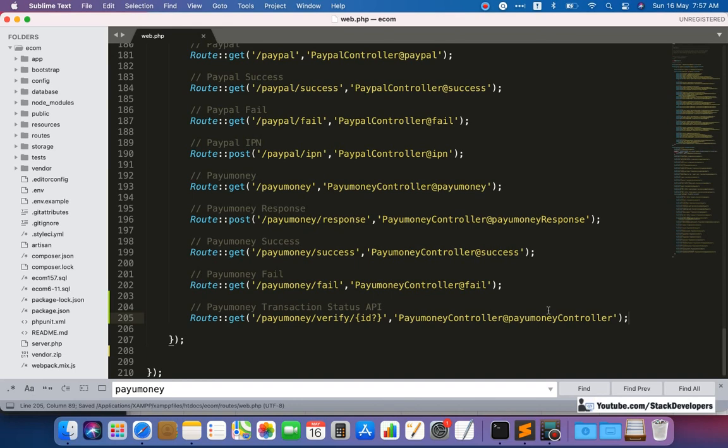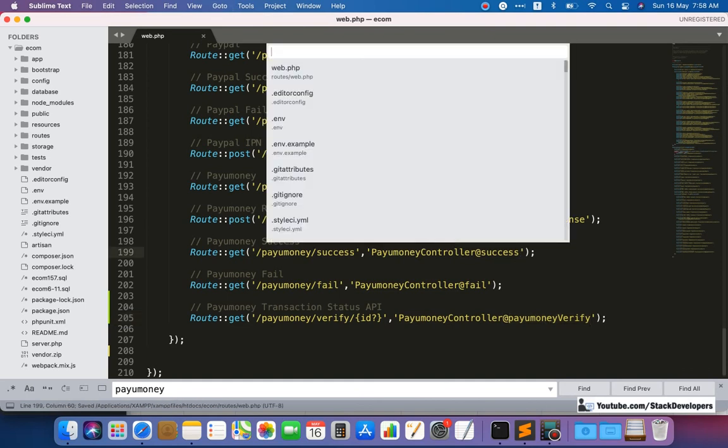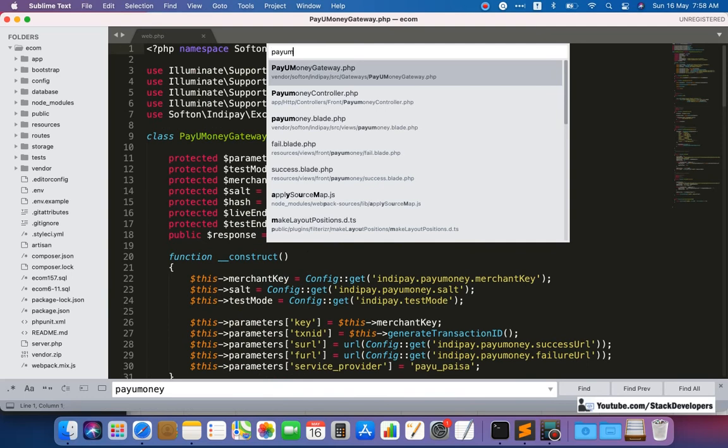Okay, so here I have made a mistake, PayUmoney verify. I'm going to make it PayUmoney verify like this. Sorry. Okay, so this is the URL, this is the controller where we are going to add the PayUmoney verify function. So this function we are going to add in the PayUmoney controller,